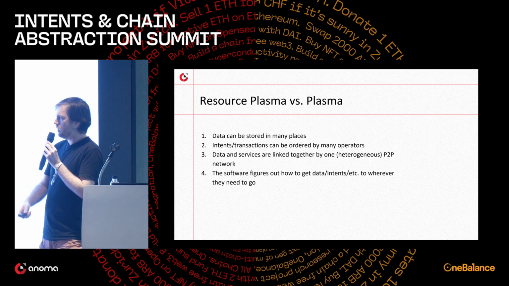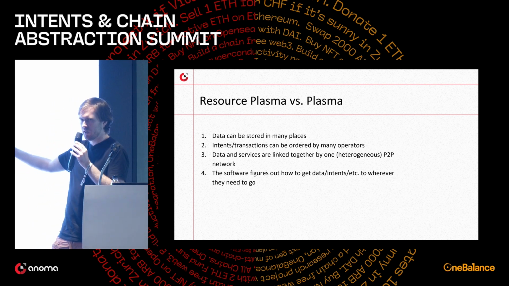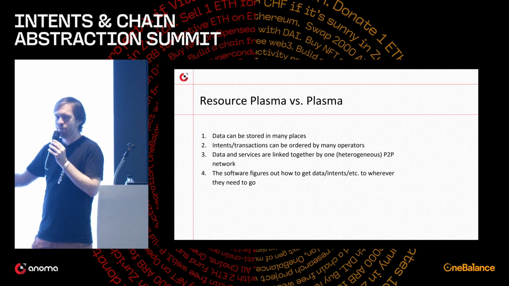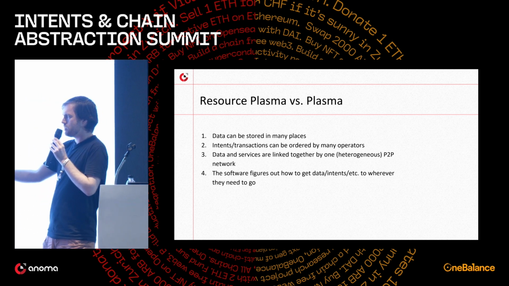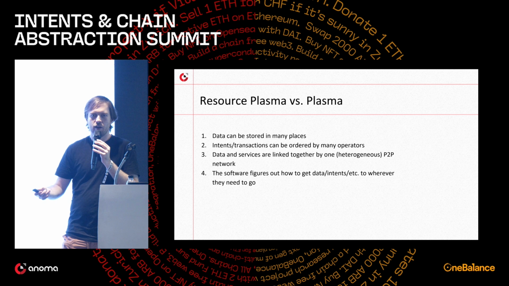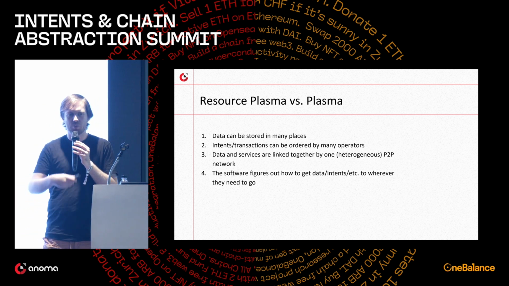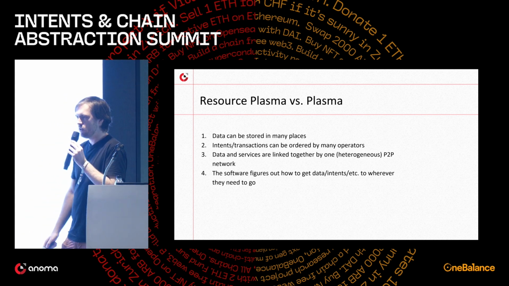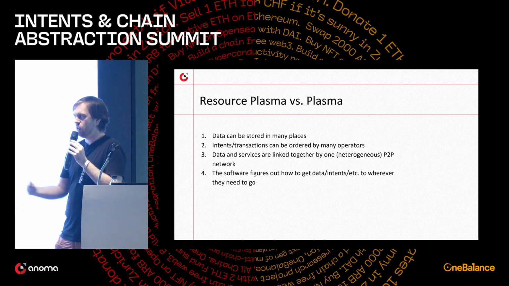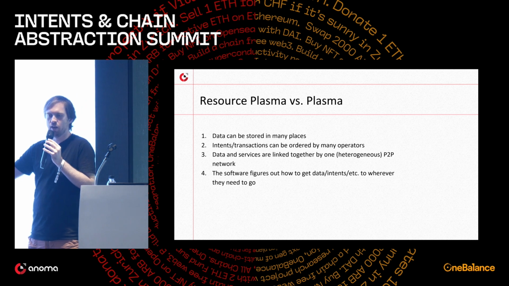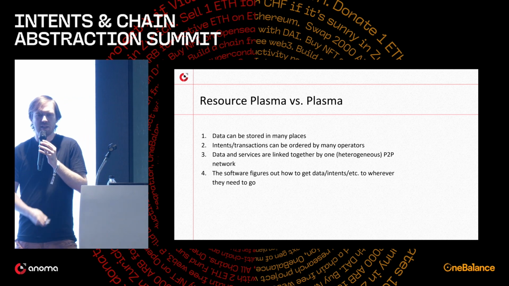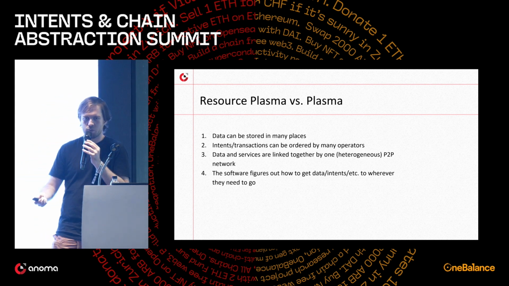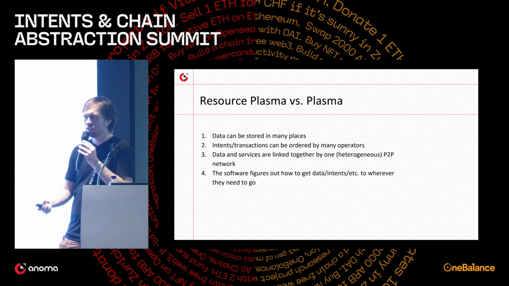things, right? So a lot of what Anoma provides to the plasma architecture is the ability to store data in many places and to have intents and transactions ordered by many operators, and to link these things together by a heterogeneous peer-to-peer network and protocols that know where certain pieces of state or data or intent should go when, right? So the Anoma protocol is aware of the semantics, or at least aware of what it would take to match a given intent, or who might want to know a piece of data, or who knows a particular piece of data. And this awareness allows it to route